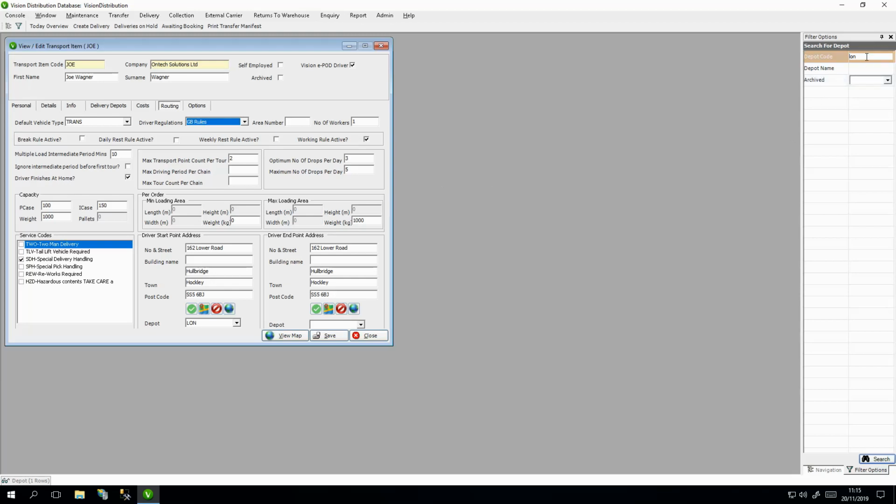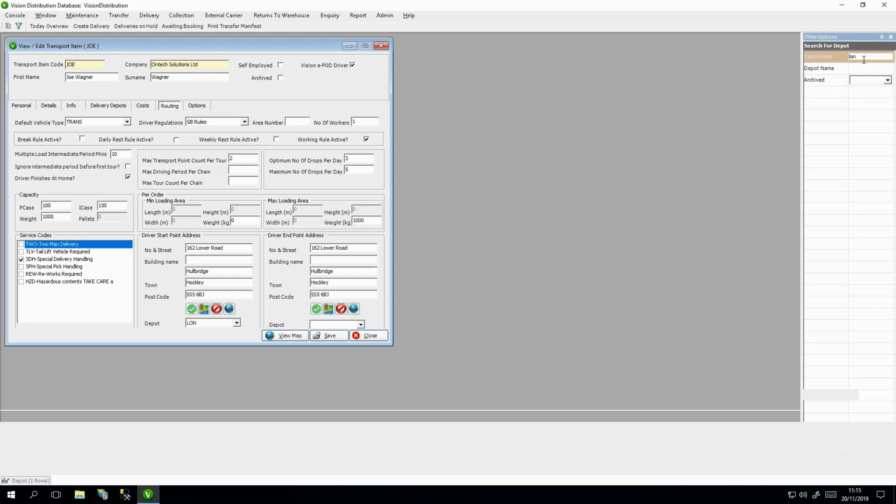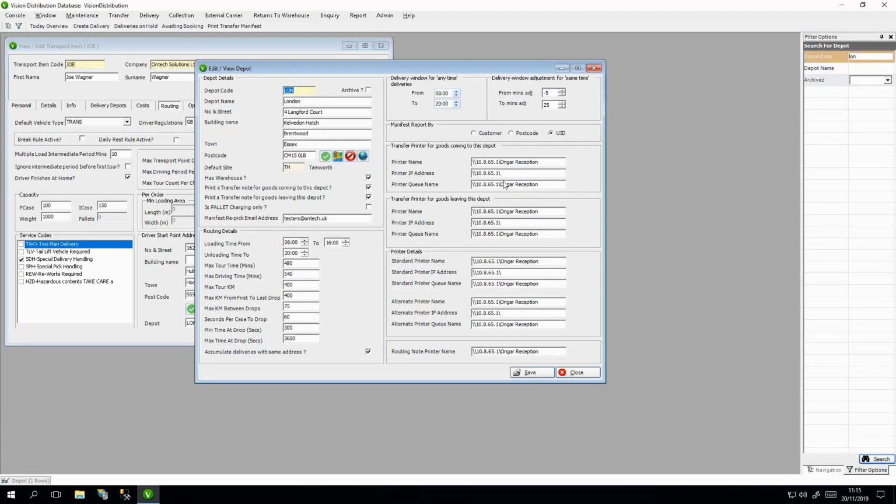Switching over to the depot settings. Here we can define the times we allow the drivers from the depot to arrive at the delivery points, if individual deliveries don't have specific times defined, of course. We can also set the loading times permitted at the depot. So here we have 6 AM to 4 PM to allow the drivers to return to the depot to pick